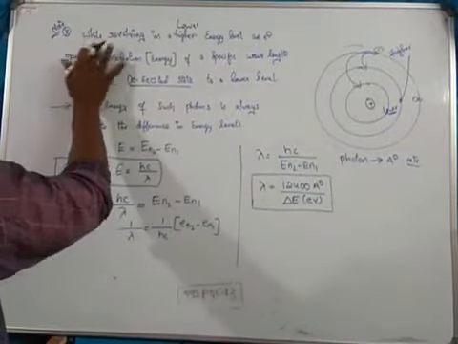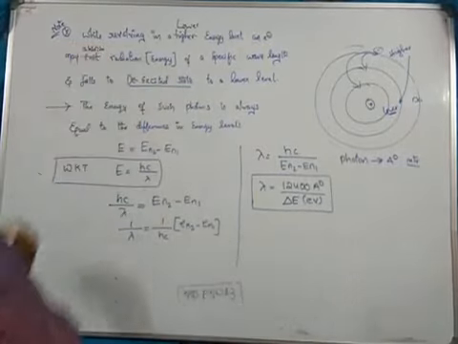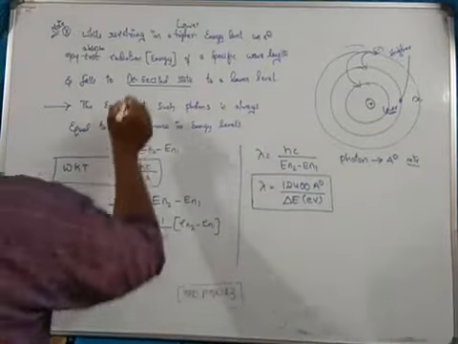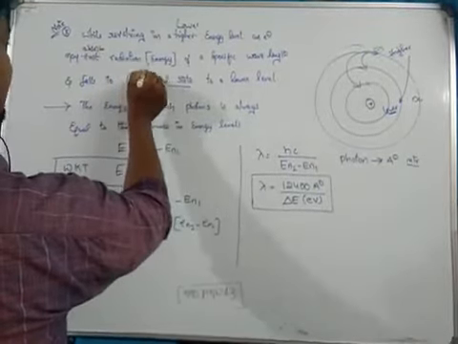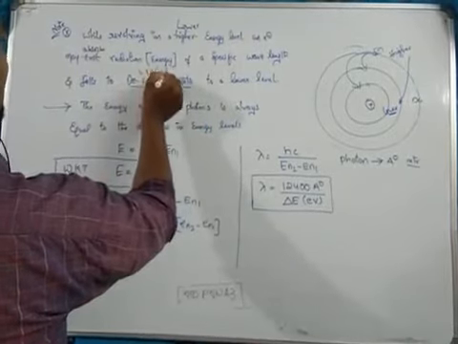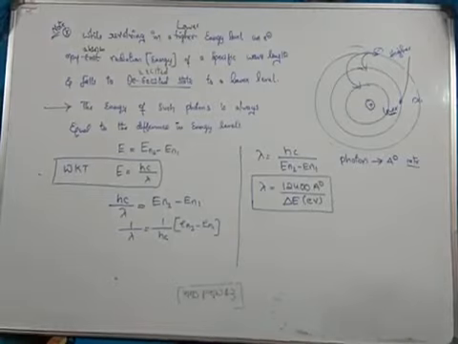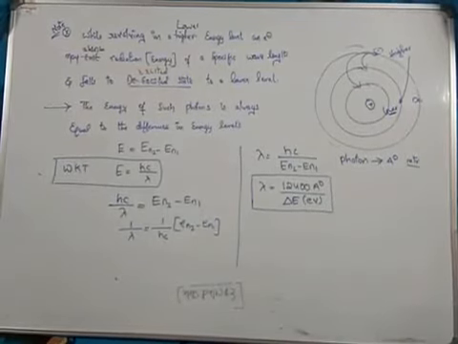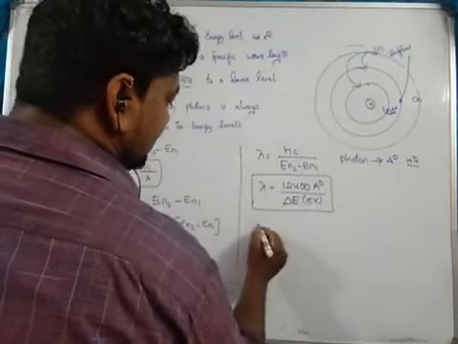So instead of absorbing radiation, that's energy of a specific wavelength, it falls from the excited state to a de-excited state. We will consider the de-excited state, and the remaining will be the same. The energy of such photons is always equal to the difference in the energy levels. We get the same formula for the excited state